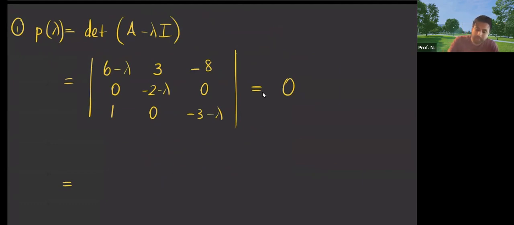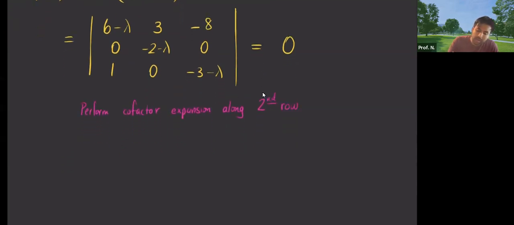Use the middle row, right? So you perform cofactor expansion along the second row. So when you do that,